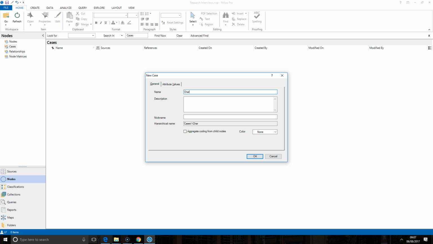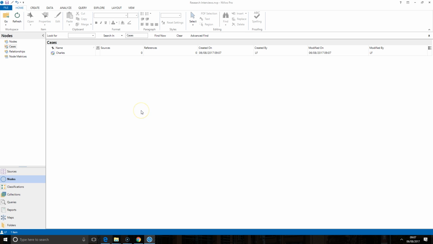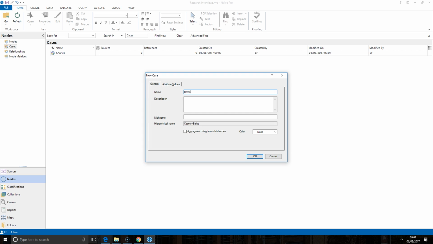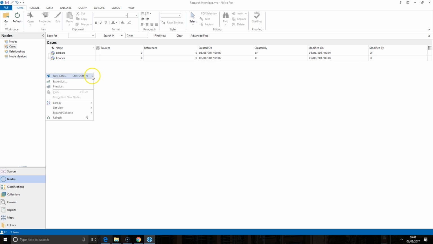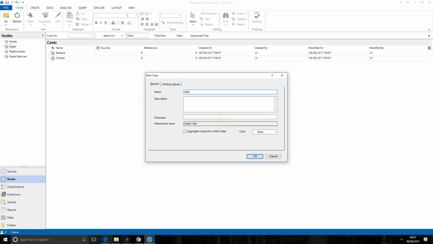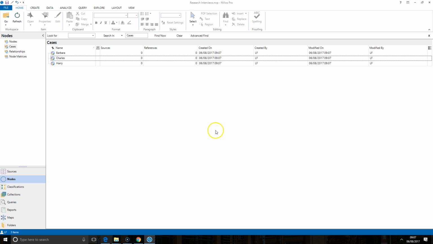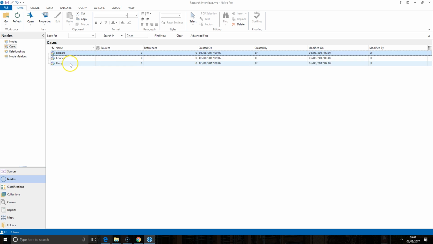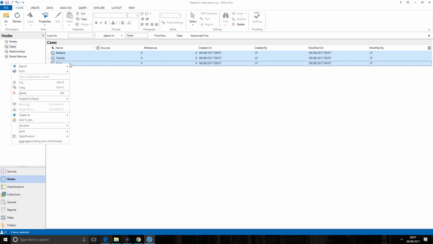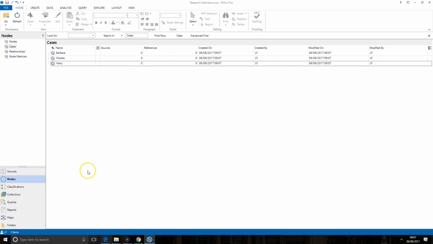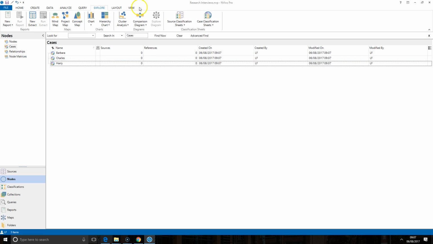So I have Charles, right click, new case, Barbara, and then again I've got Harry. I can now highlight each of them, right click, classification and person. So the classification of person is now linked to each of those, and once again if I go to explore,